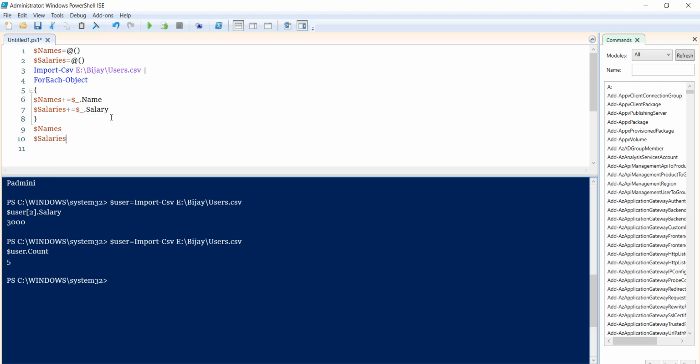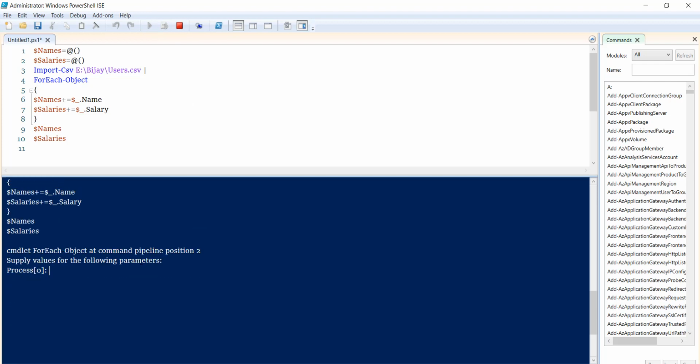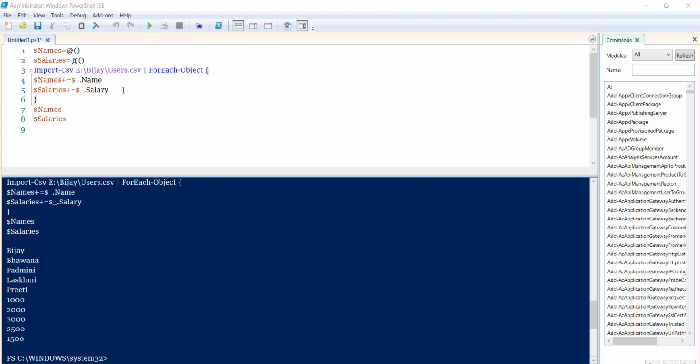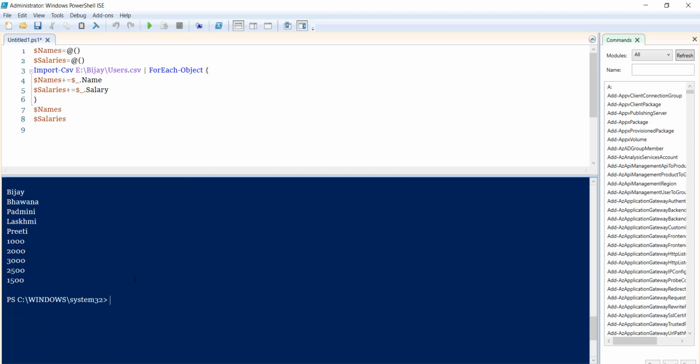So you can see here, now if I'll try to run it, so I just take two in a single row. So when I keep it in the single row, you can see here the error is not coming, and if you run it, actually you can see here the first part it will get the values from the names, and the second one is from the salary. So you can see here, this is how we can print all the values from this array as well. In different arrays we can get it.